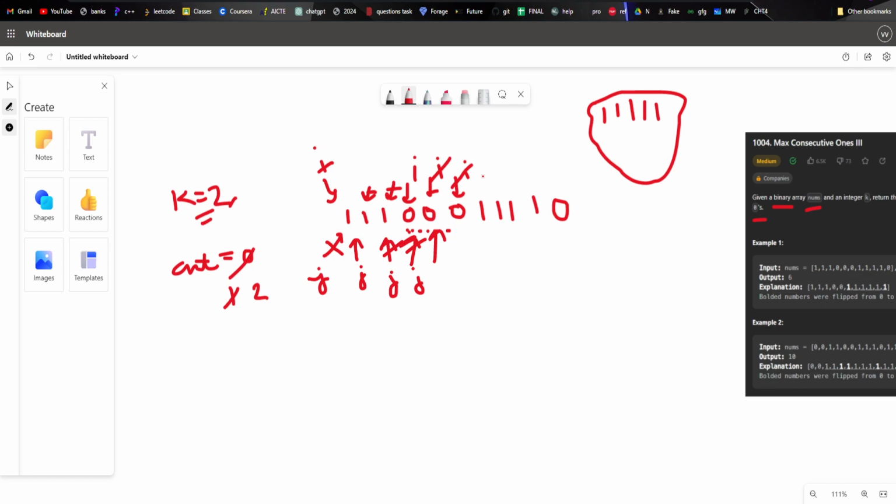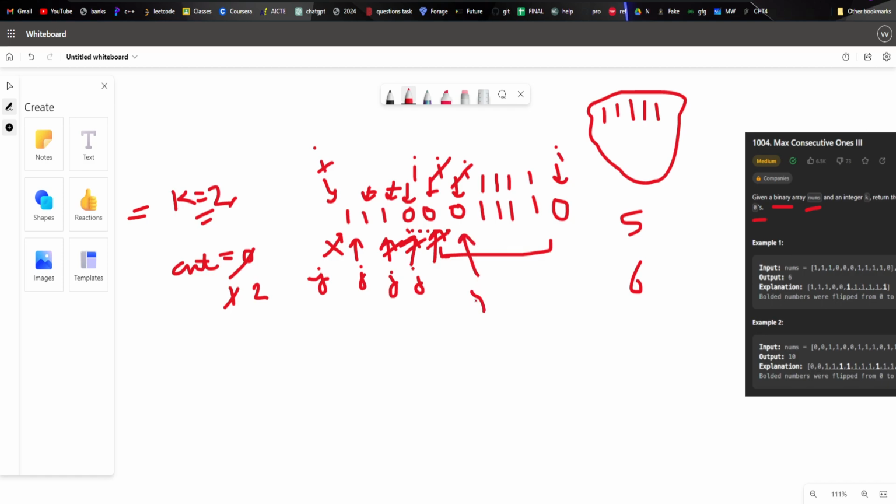I move my i pointer here, it is 1, I take it, and so on for each 1. How many ones are in this subarray? 0 1 2 3 4 5 6, so the length is 6. Previously it was 5, but now it is 6. When I move further, the number of zeros exceeds the at most k, so I shrink my window by moving my j pointer.